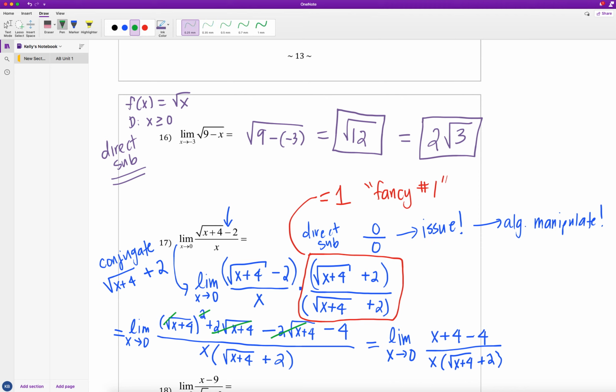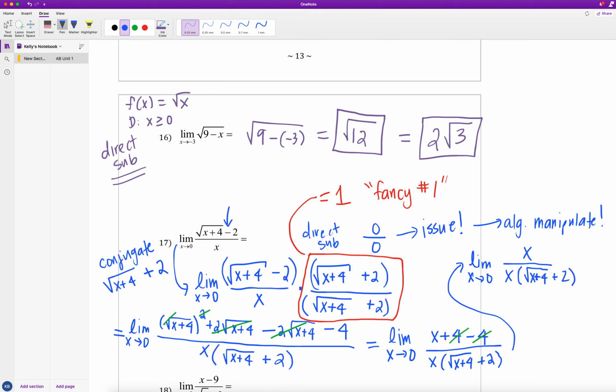The next thing I notice is that plus 4 and minus 4 cancel each other out, and I end up with the limit as x approaches 0. I haven't taken the limit yet, so I have to make sure I'm still writing it. I get x in the numerator over x times our conjugate. Oops, that was a plus 4